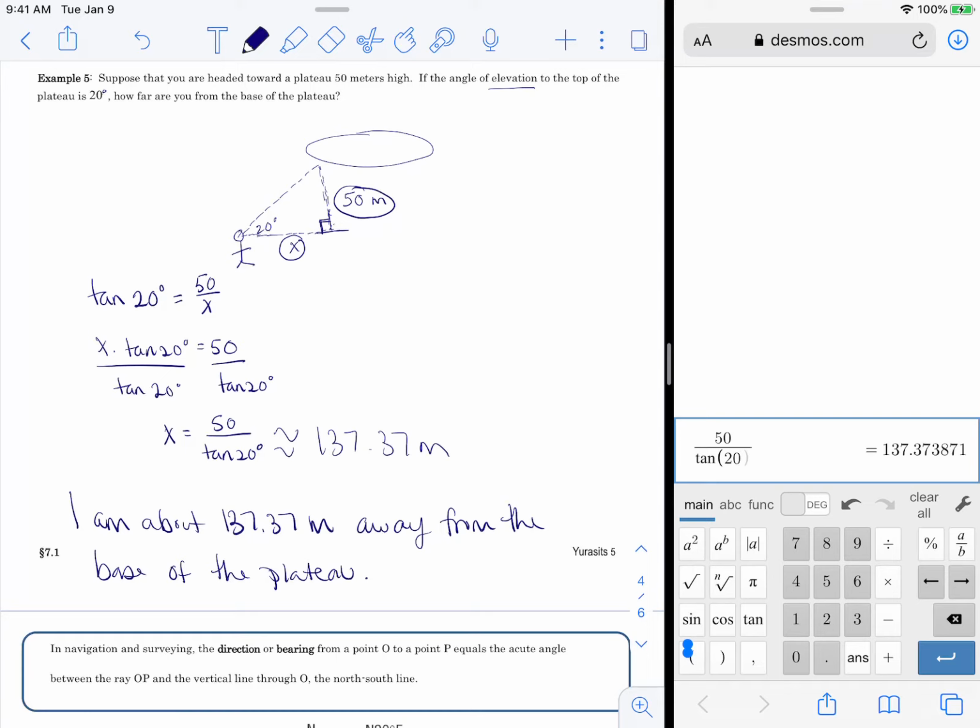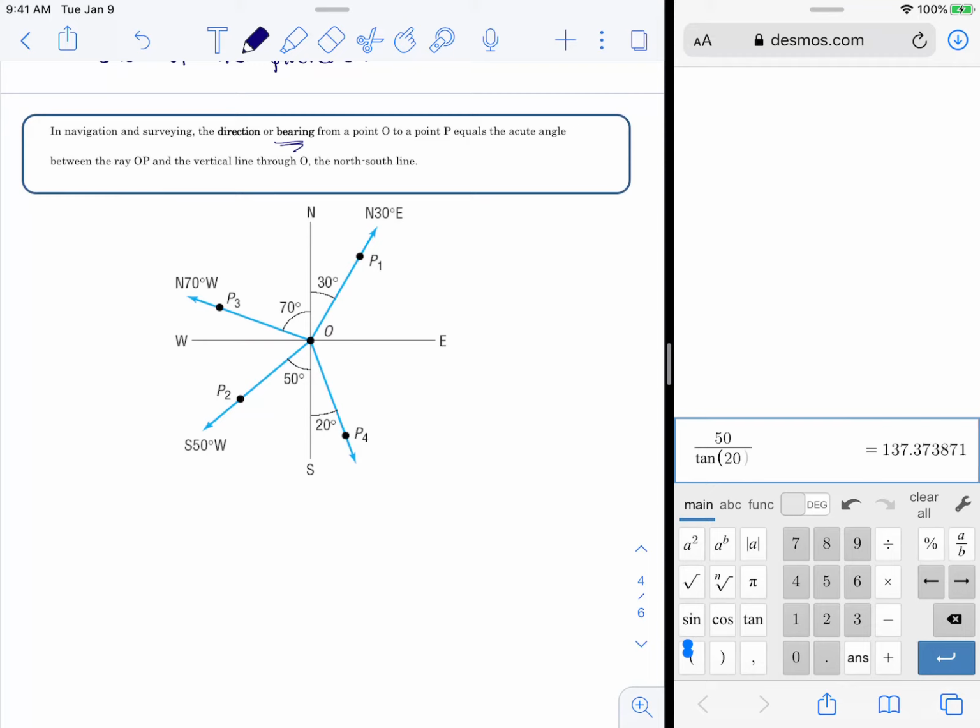Okay, so our very last example is one more new vocabulary term and then putting it to use. So we're going to discuss bearing. And bearing shows up in this unit, and then it shows up again at the end of the term. So tuck it away in your memory. We use this with navigation and surveying. So, airport control towers use this,